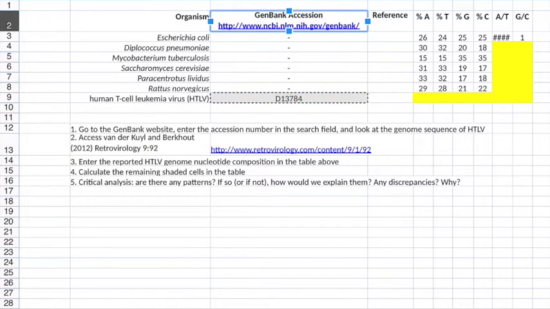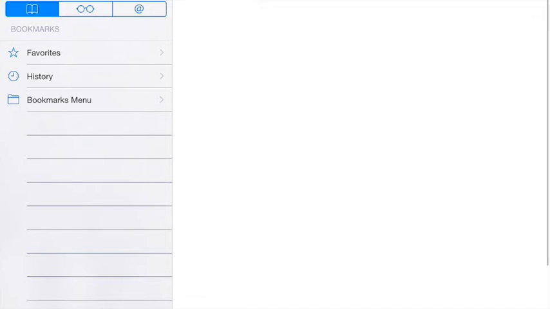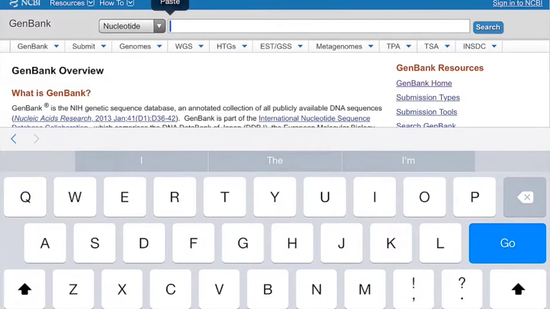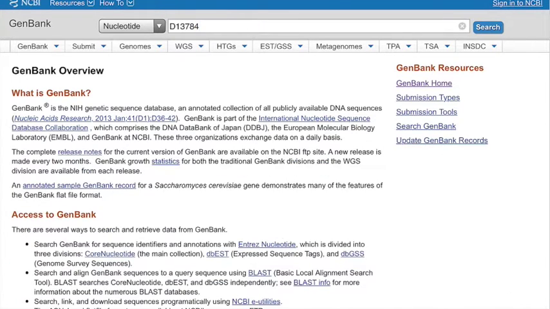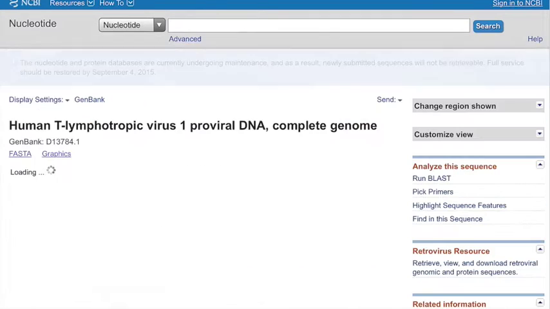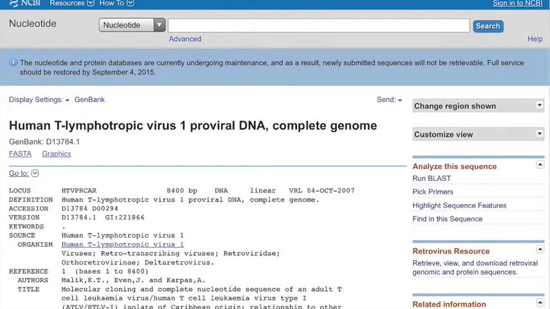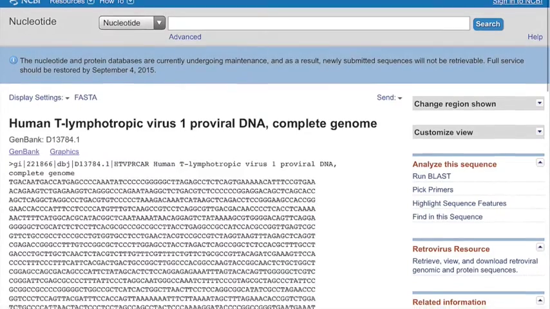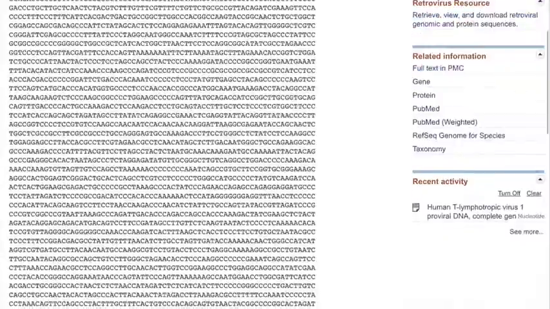Then I'm going to follow the link provided on the spreadsheet. That takes us to the NCBI database. We can paste that accession number for the HTLV genome sequence into the search bar and click Search on the right side. That will bring up the record of the HTLV genome sequence. We click FASTA just underneath the title HTLV, and that shows us the single letter DNA sequence of the HTLV